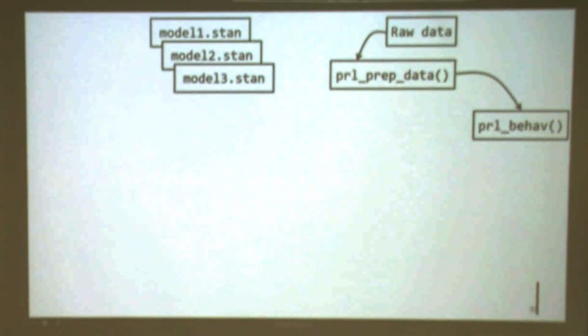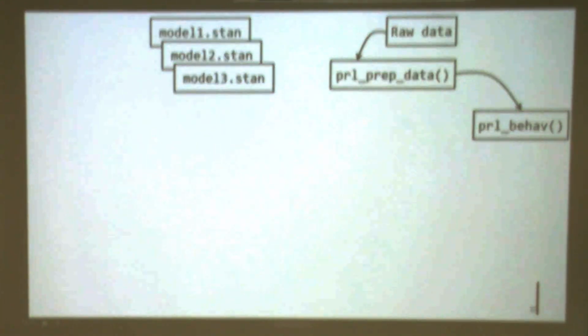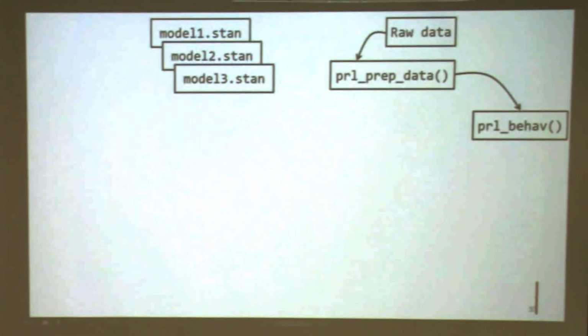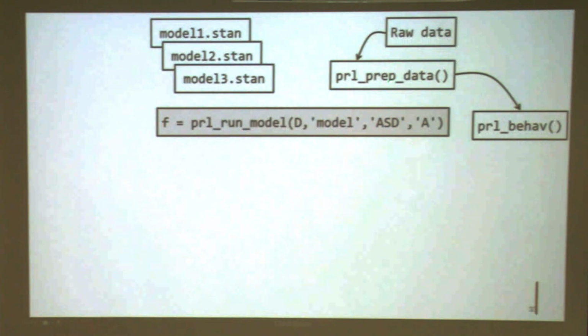comes the model. We have multiple model candidates, model 1, 2, and 3, each of them written in the Stan language. I will also try to show you a little bit later. And then there is a function to combine them, because a model itself doesn't do much. We want to fit our model to the data, to see how the model fitting goes and to see the parameter estimates, the learning rate, for example. So we want to run models according to which model we are giving in and also according to which group they belong to, either ASD individuals or healthy individuals.